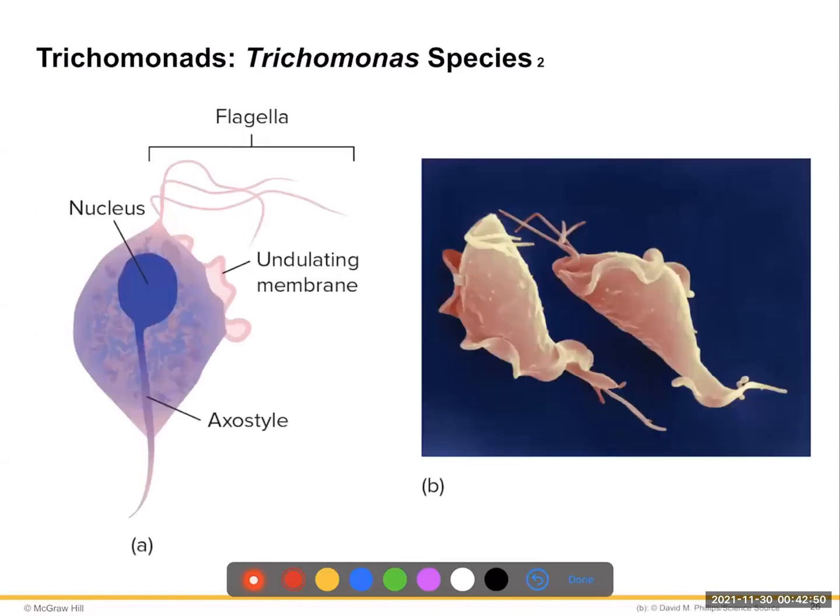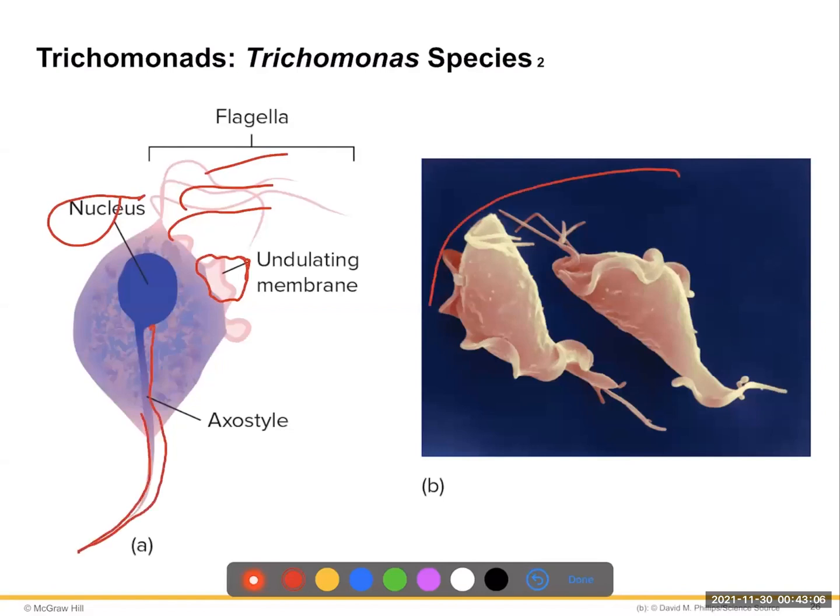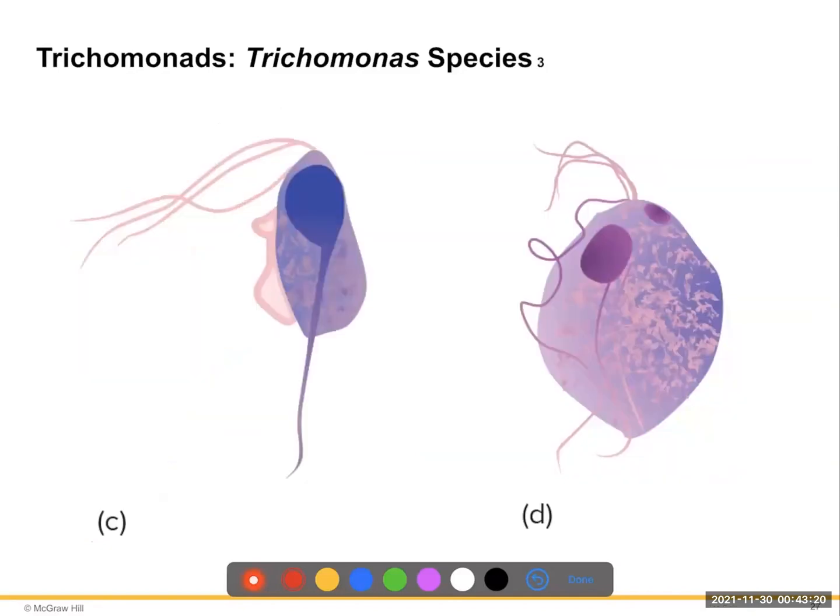The different Trichomonas species, here's the flagella. You have an undulating membrane, and the membrane shifts and allows it to kind of wave in the breeze. It has a nucleus inside. Here's your flagella coming out at only the anterior portion, and there's one coming out, this is the axostyle, that comes out the end of it here. That's what they look like under the microscope. You see how that membrane folds around. You see the multiple flagella in the anterior region with one, the axostyle, at the posterior section. And you can see the one flagellum coming out, the undulating membrane, and the flagella at the top. Small different shapes there.